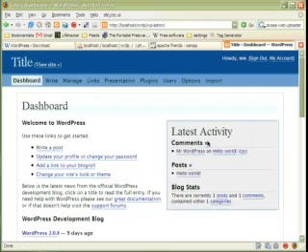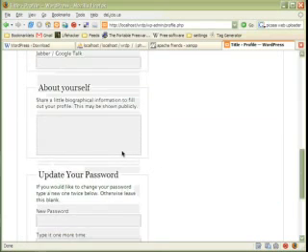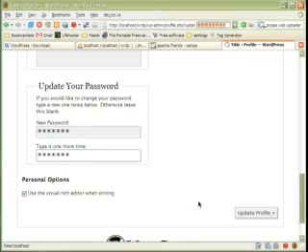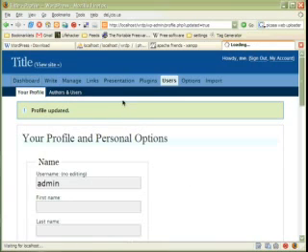The dashboard is the main part of your administration panel. There are many different options here, and I'll get into those in later episodes. But the first thing that you're going to want to do is go to users, scroll all the way down to update your password, and type in something you can actually remember. Okay. Now, if we go to view site, we'll see that WordPress has the default Kubrick theme set in place